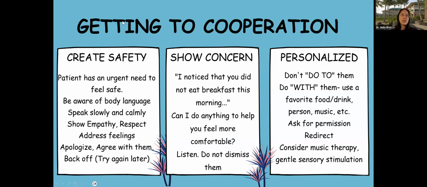How do we get to cooperation? Well, the problem is when your brain is in a delirious state, it's a little out of whack, life looks very, very confusing, and it's scary. The patient has an urgent need to feel safe. We need to be aware of our body language. We need to speak slowly and calmly and show empathy and respect and address their feelings, which is they're scared, right? Apologize and agree with them. Just nod your head, agree. Everything they say is them just trying their best to communicate how they're perceiving the world,